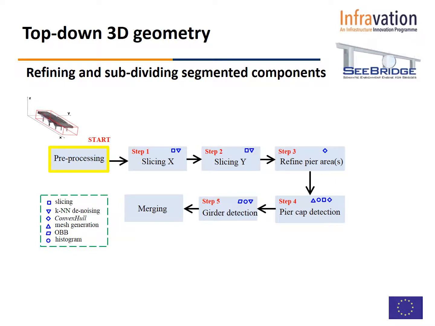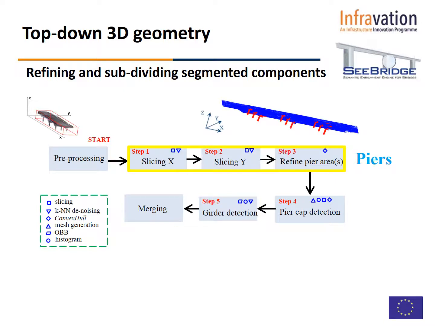And then our top-down 3D geometry process goes as follows. First, we need to pre-process it, which is the user needs to cut all the extraneous information away from the bridge, align the bridge along the x-axis, and then let the automated algorithm run. The automated algorithm will create cross-sectional slices along the x-axis,